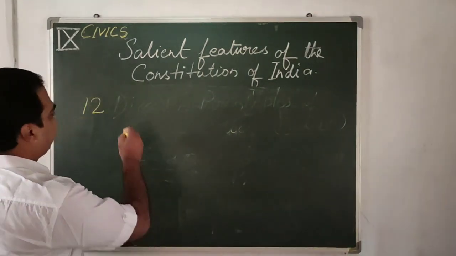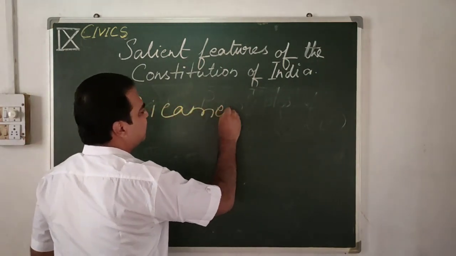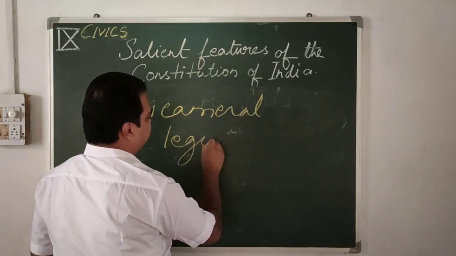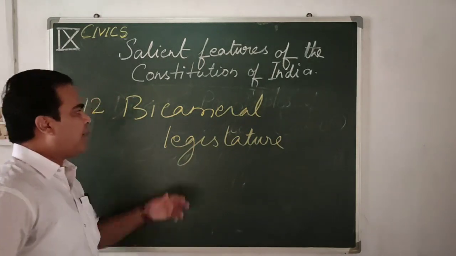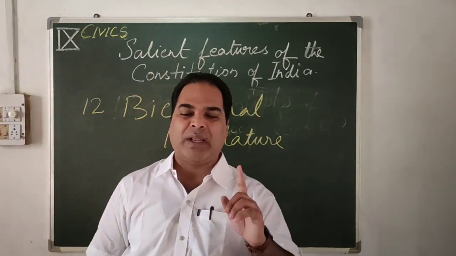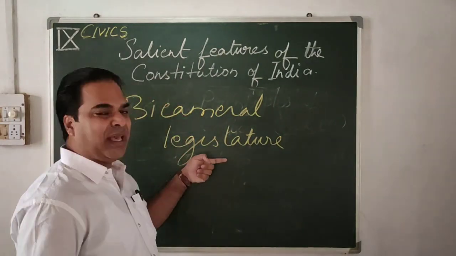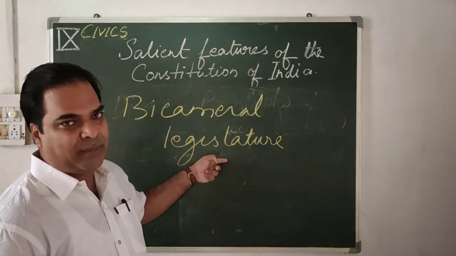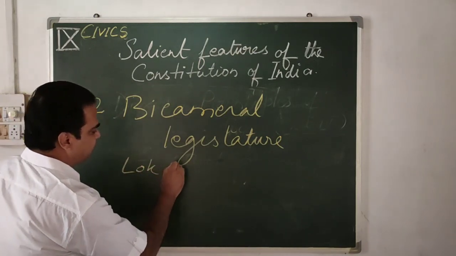The next one we have is bicameral legislature. What is meant by bicameral? Bicameral means two. Unicameral means one. What type of legislature do we have? We have a bicameral legislature. That means, very simply, in the parliament, how many houses do we have? We have two houses: Lok Sabha